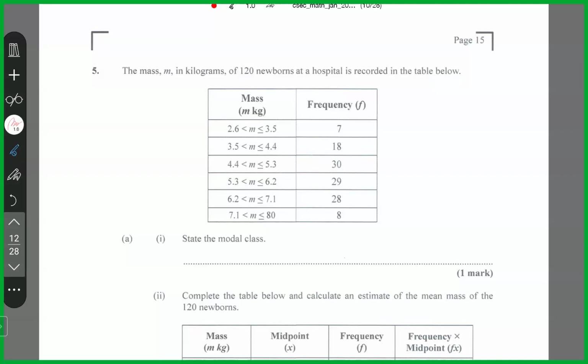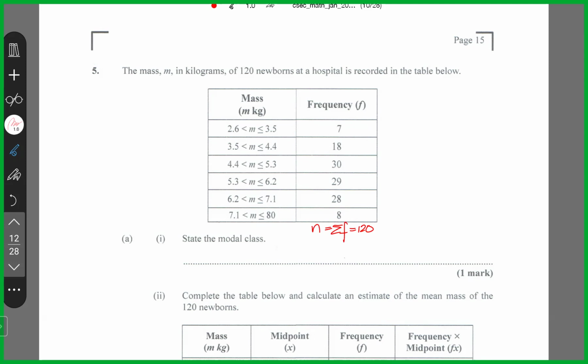Question 5. This says the mass M in kilograms of 120 newborns at a hospital is recorded in the table below. So N is equal to the sum of the frequency. This is 120. We're to state the modal class. The modal class would be the class with the highest frequency. The highest frequency is 30, and that corresponds to the class